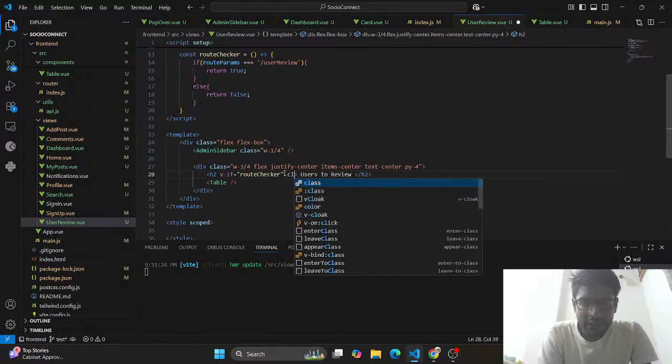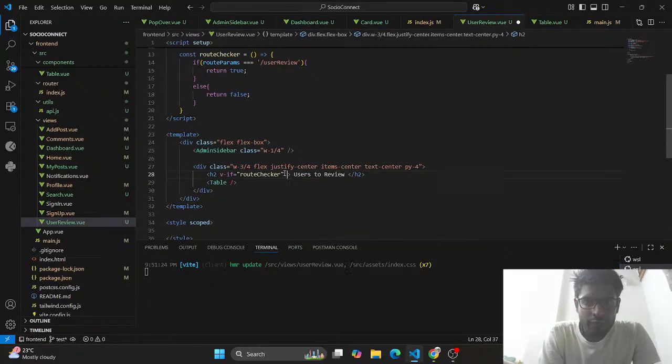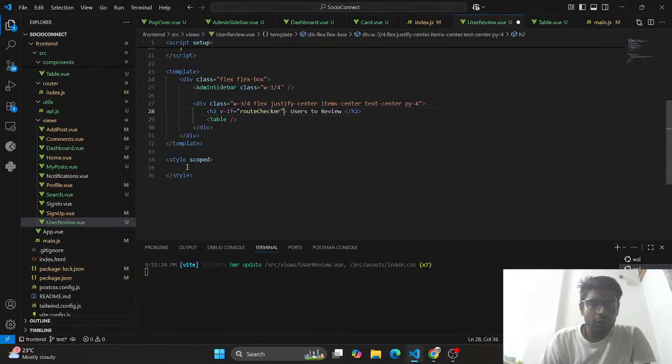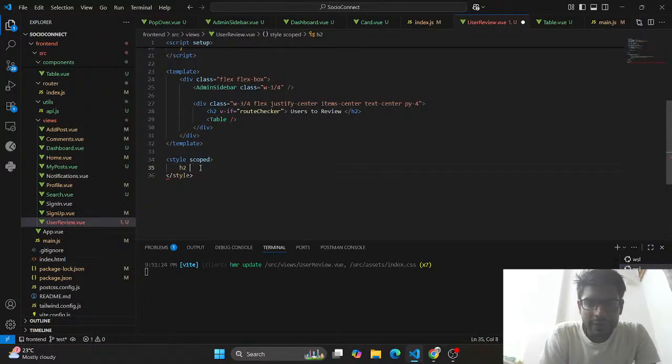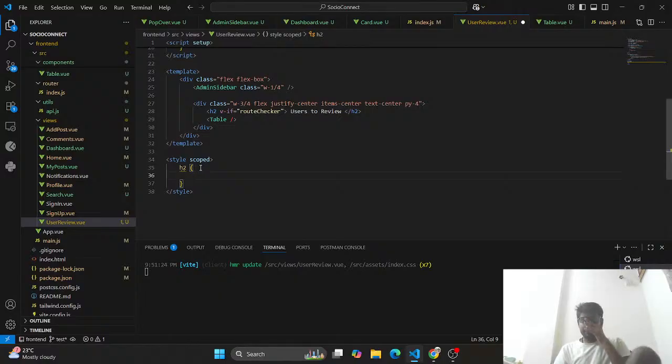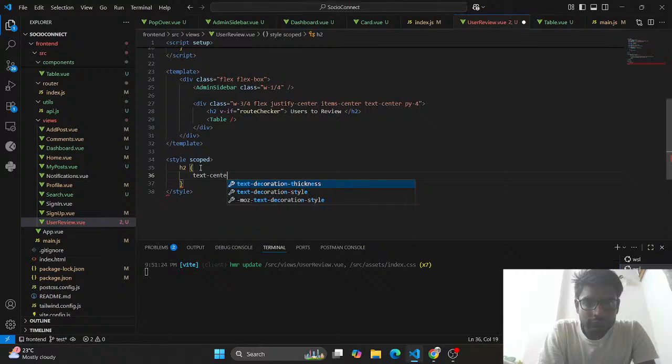Also we want class, instead of class what we can do, we can add style to h2 because that will be the same all over this format. So what should I give? Let's say text-align center,